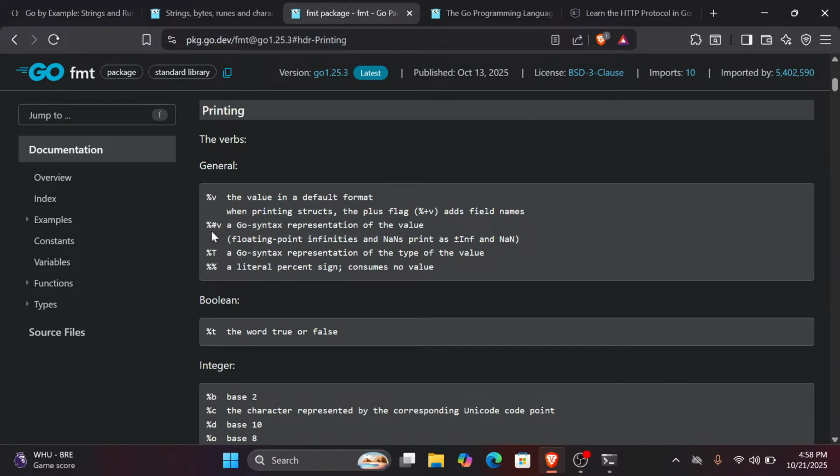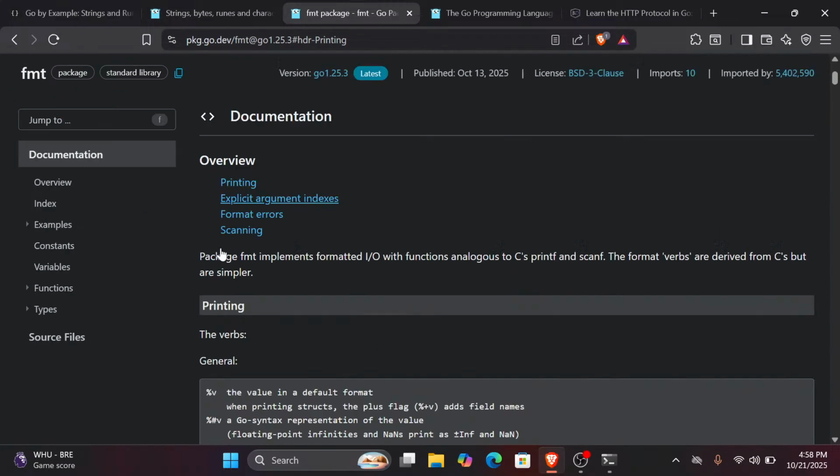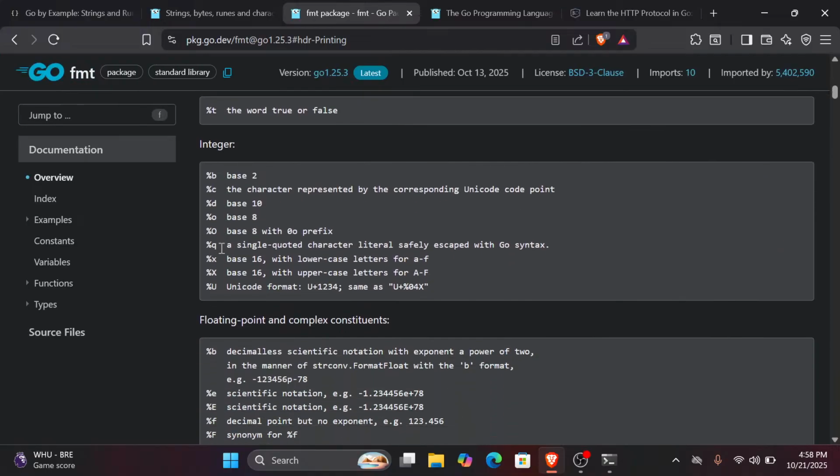So you have capital U, Unicode format. Okay, same as